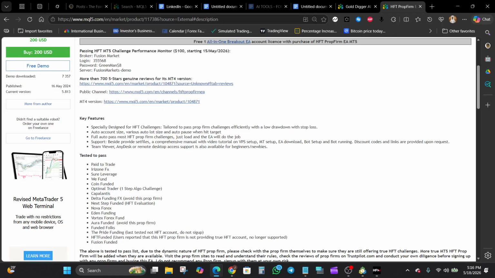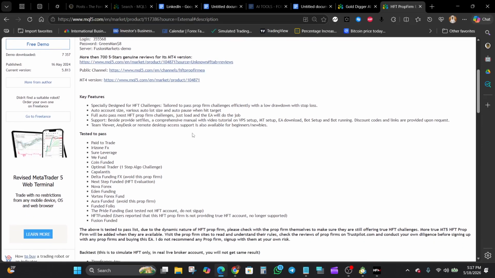Now, in terms of features, the main focus here is clearly automation and challenge management. The EA includes automatic account sizing, multiple auto lot size options, and an auto pause function when profit targets are reached. That auto pause feature can be important in prop firm environments where traders are trying to avoid unnecessary exposure